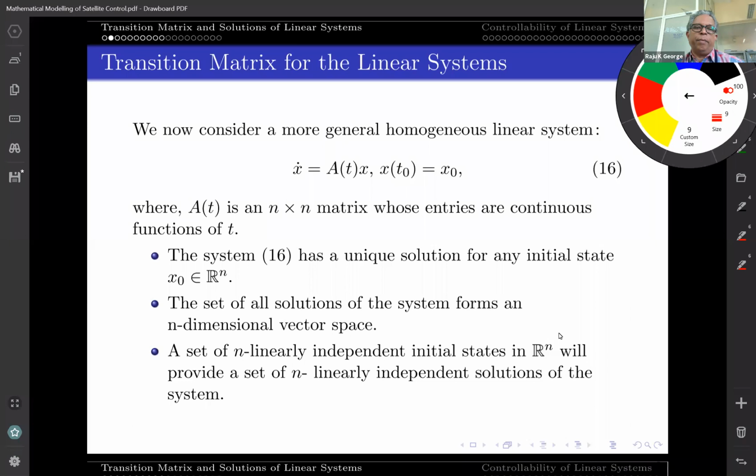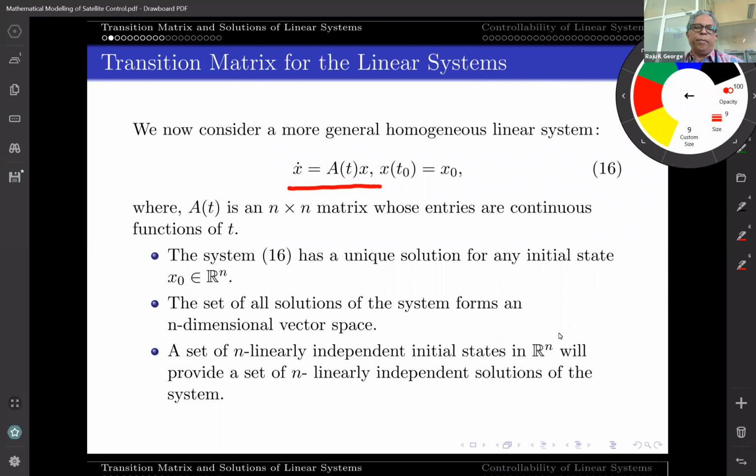X dot is equal to A(t)x. I have x dot is equal to A(t)x, and the initial condition is an initial value problem without forcing term, without non-homogeneous term. Where A(t) is an n by n matrix whose entries are assumed to be continuous or piecewise continuous, then we know from the fundamental existence and uniqueness theorem in ordinary differential equation theory,